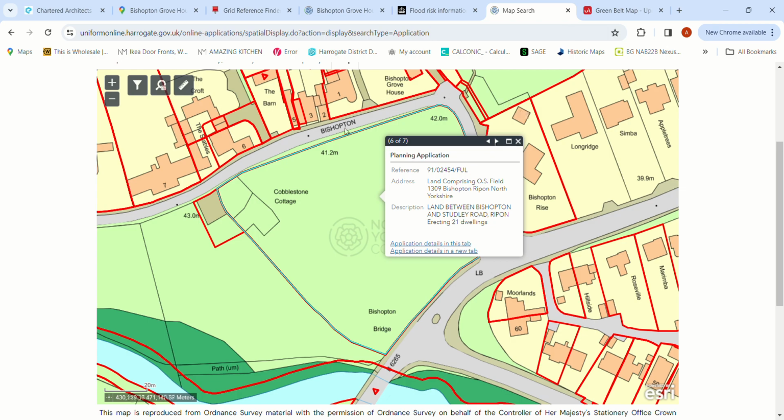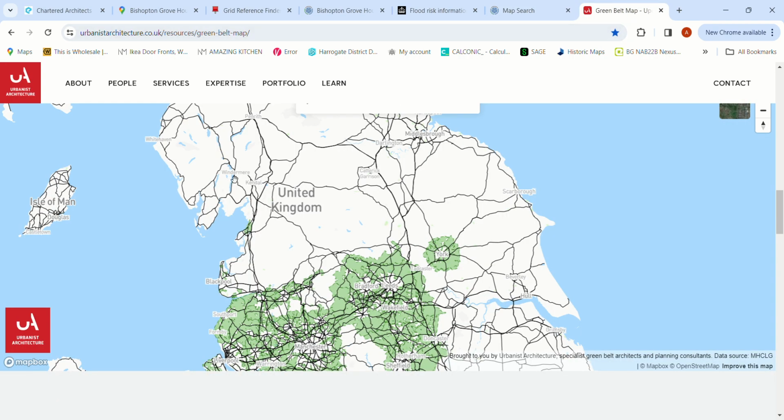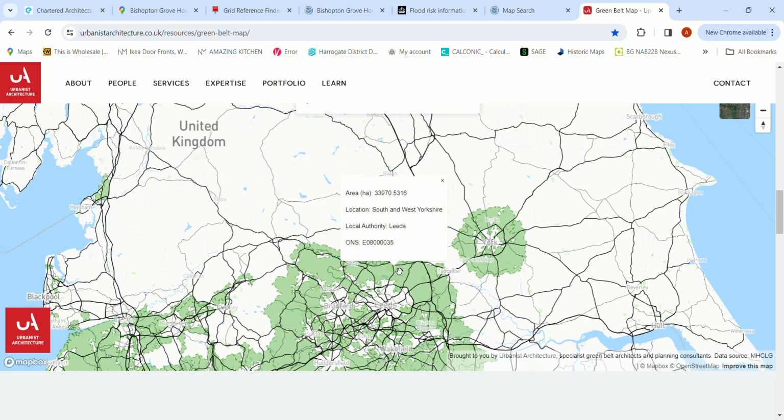The very last thing to check, we know that this site's probably not going to happen, but the very last thing to check is greenbelt. So planning within the greenbelt is highly restricted. You're generally restricted to brownfield sites or conversions or redevelopment sites, infill sites, which is within the town boundary or village boundary or whatever it happens to be, and surrounded by other dwellings. The only other thing we can really do within the greenbelt is